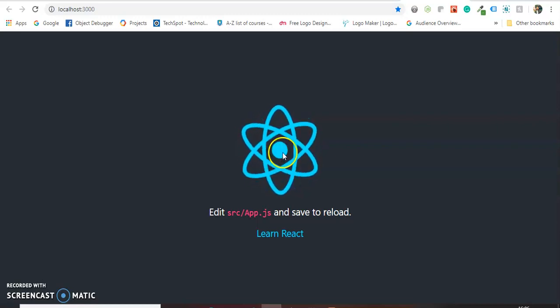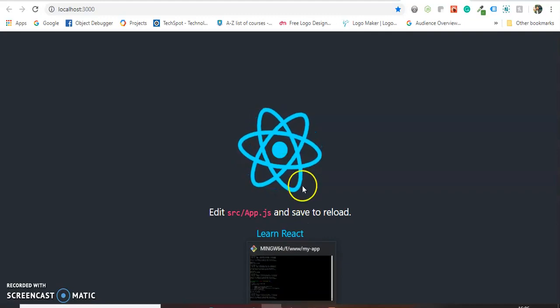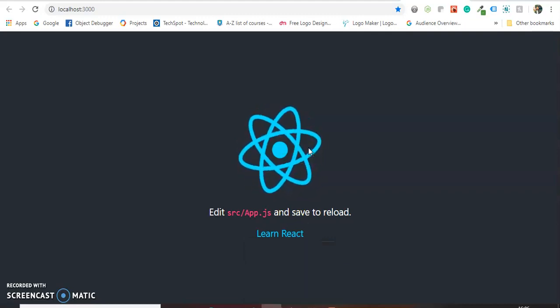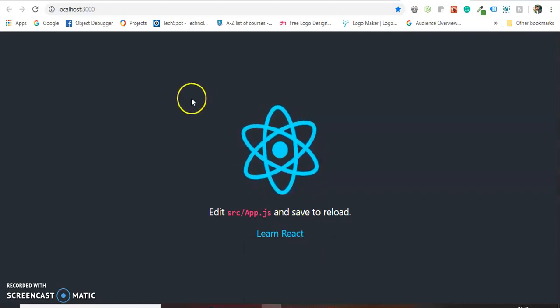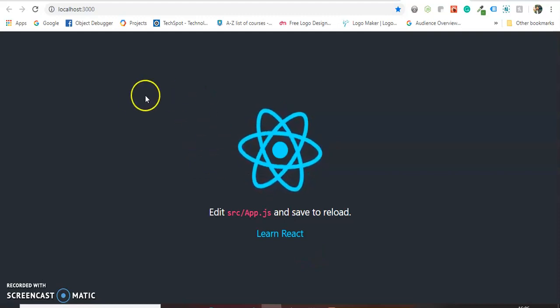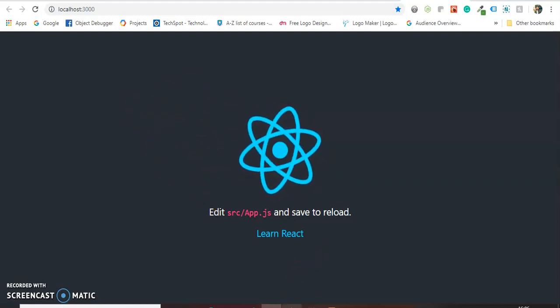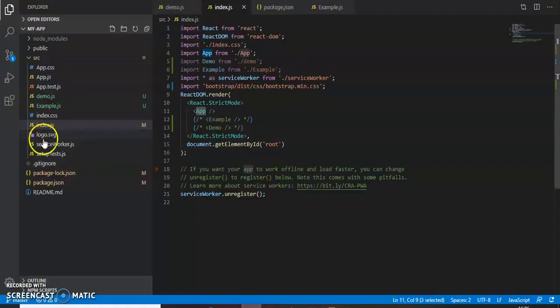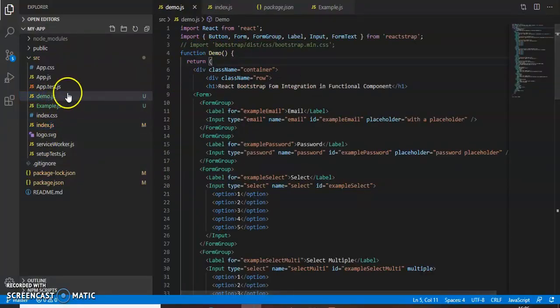Now what I do, I have created a demo.js file where I created a bootstrap form. So when we run this application, the bootstrap form will load first. How can we do that? Now I will show you. So this is my demo.js file,